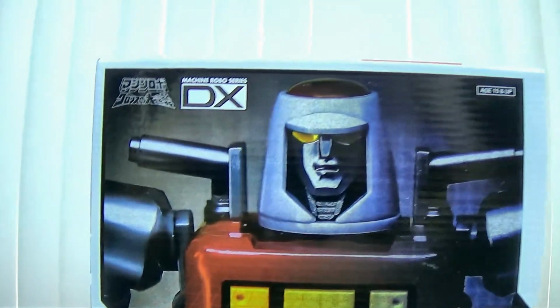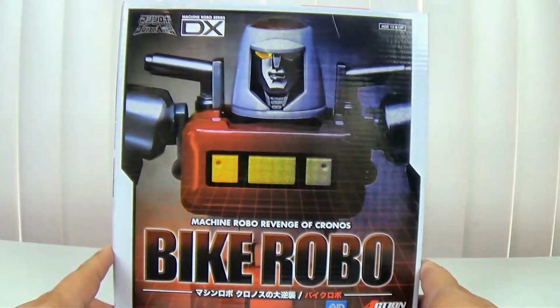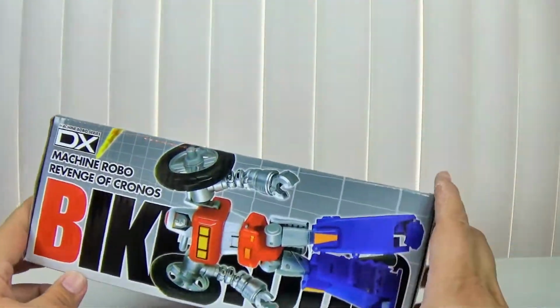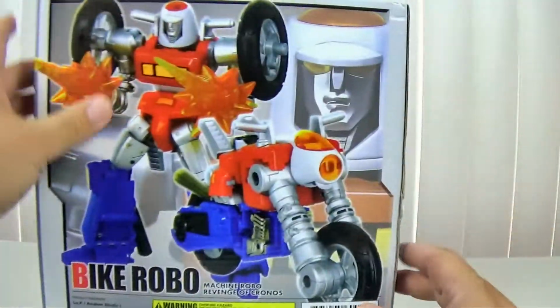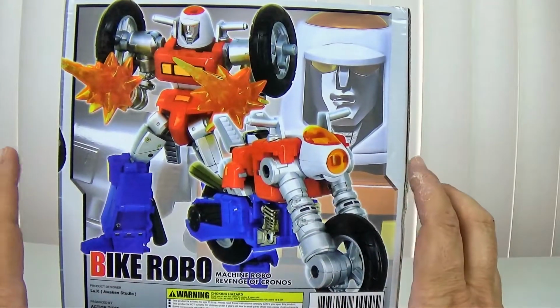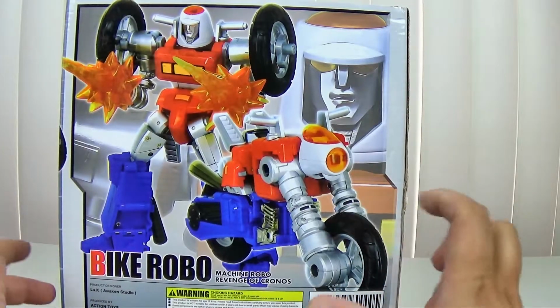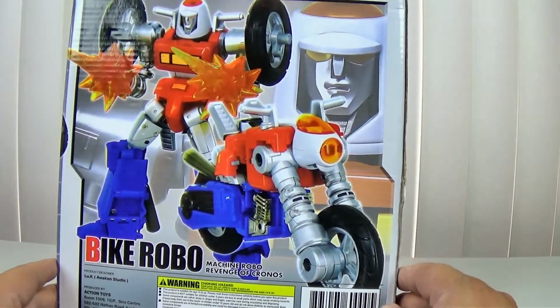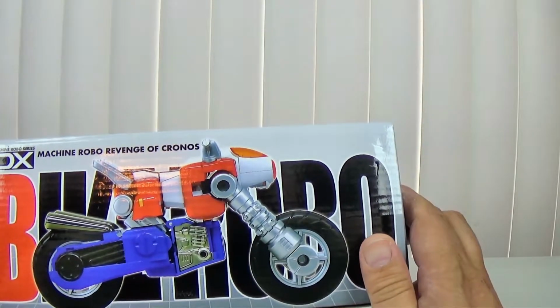So, I'll go ahead and back this on out, get everything ready. Here is the box for it. This is Bike Robo all over it. Bike Robo Revenge of Cronus. This is the bigger version with the added accessories that you didn't get with the smaller guy. Repaint, and it looks great. So there we go in bike mode, and yeah, inside the box you get